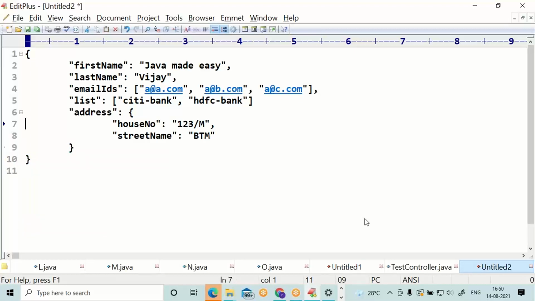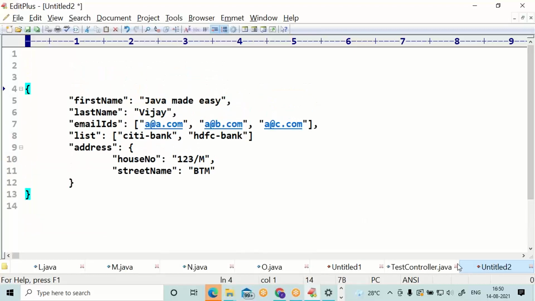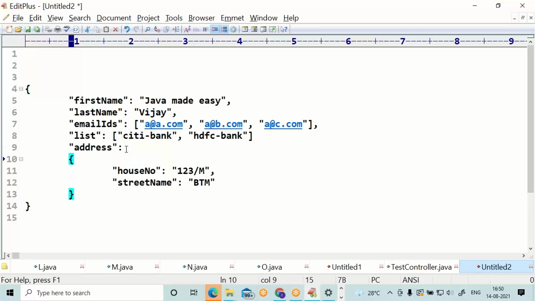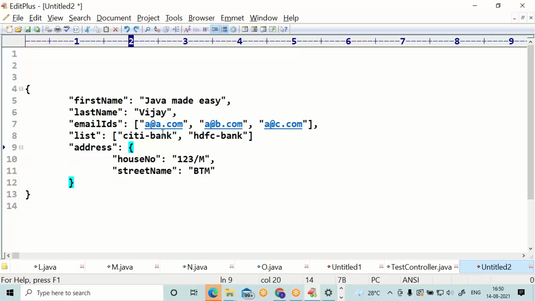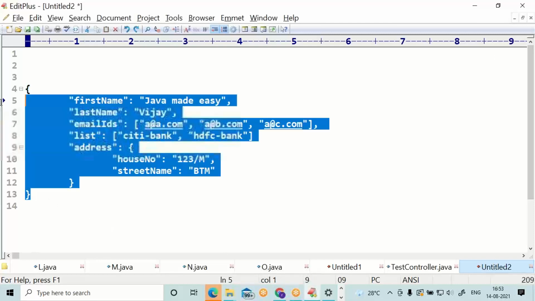This much content. Please observe completely how a JSON object is composed. Copy this, go to the ARC.